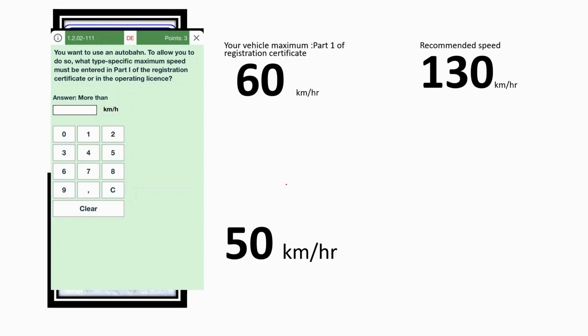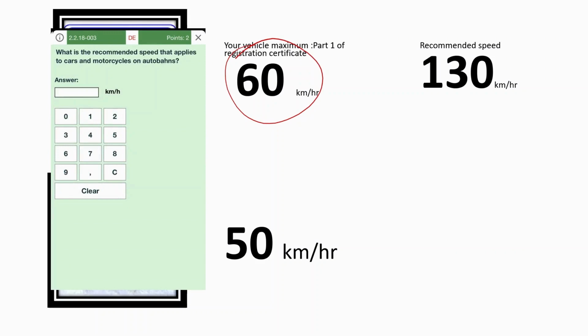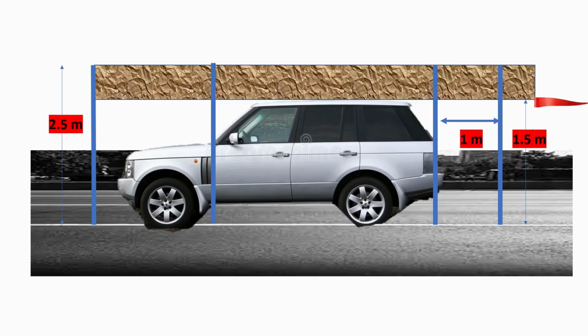You want to use an Autobahn. To allow you to do so, what type specific maximum speed must be entered? Yeah, so now you know the answer. The answer is 60. Okay, now let's look at the next one. What is the recommended speed that applies to cars and motorcycles on the Autobahn? And 130 is the answer. Okay, now let's look at the next